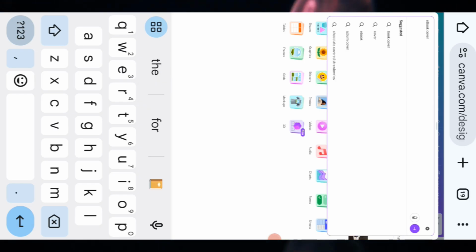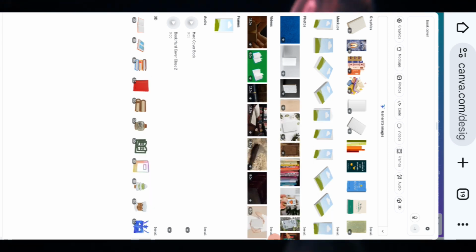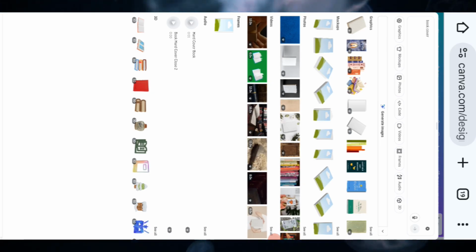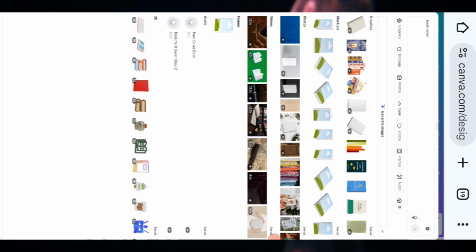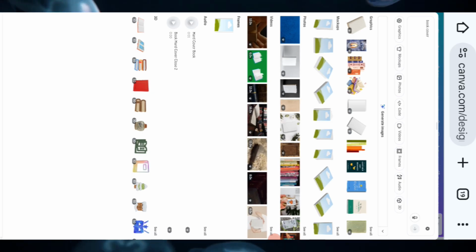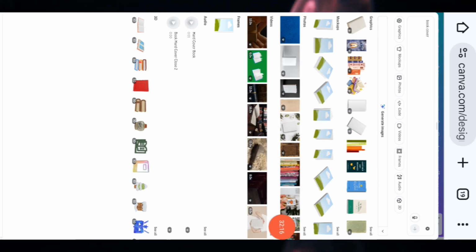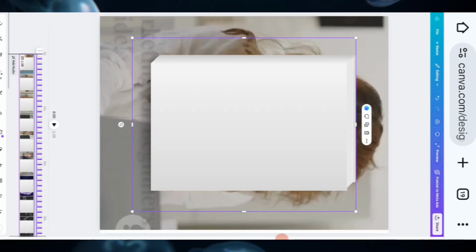So you can see ebook cover. Here we have tons of ebook covers that you can actually use for your design, your ebook cover design. So we can click on anyone actually. Let's click on maybe this one that is standing here. I think I will go with this one. Click on this one that is standing here. Just click on it. I'll need this one so that I can just design it to suit my